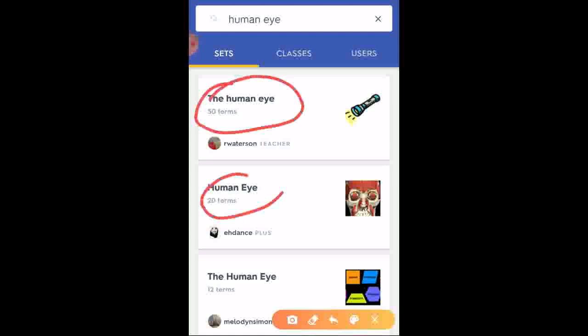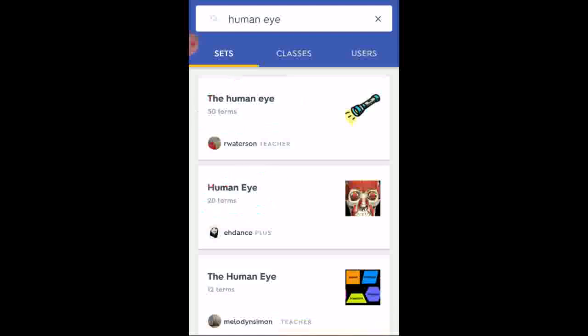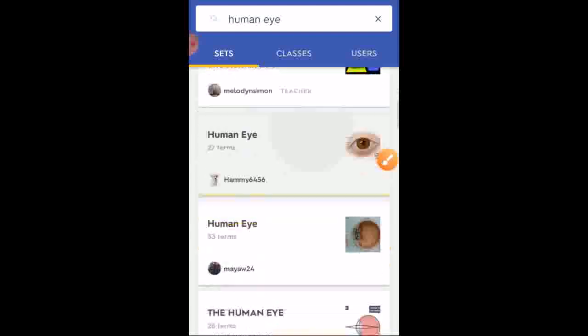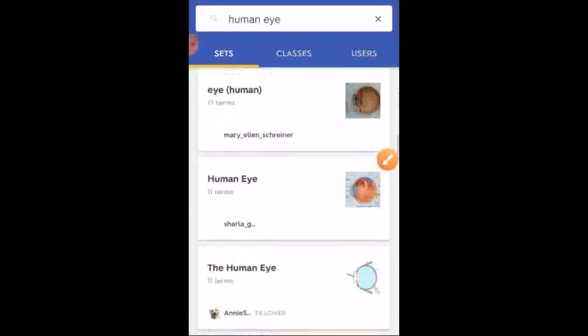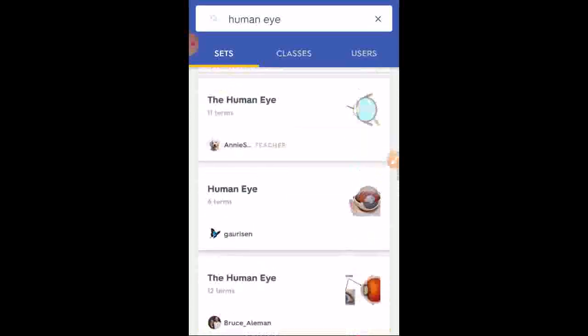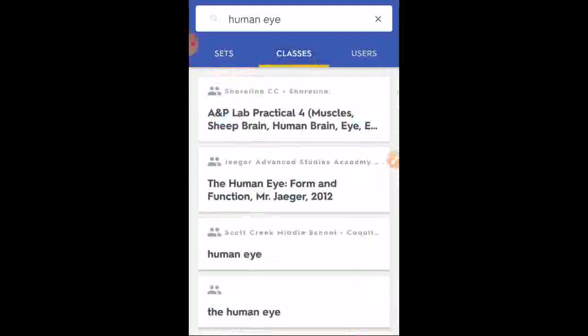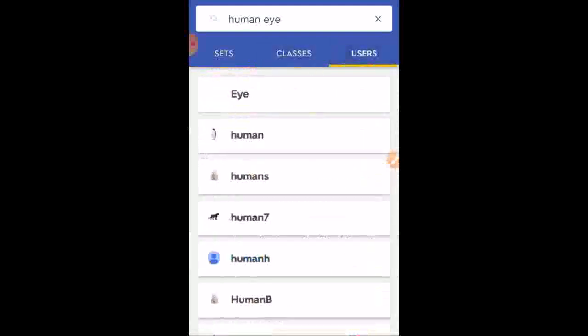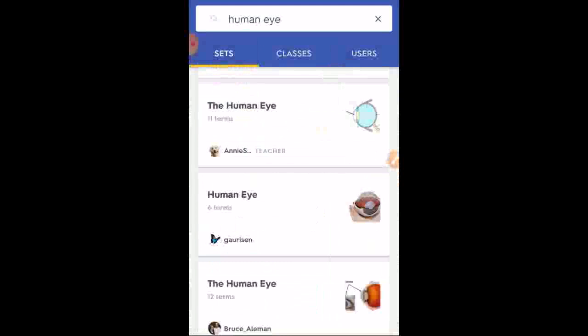In this test you are learning 20 terms, and you can have so many options. One by one you can complete all these, and you can create classes also, and these are the names of the teachers. Okay, so this is the method of learning using the Quizlet app without sign up.